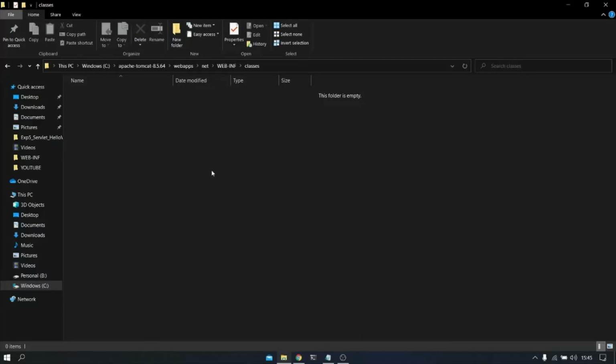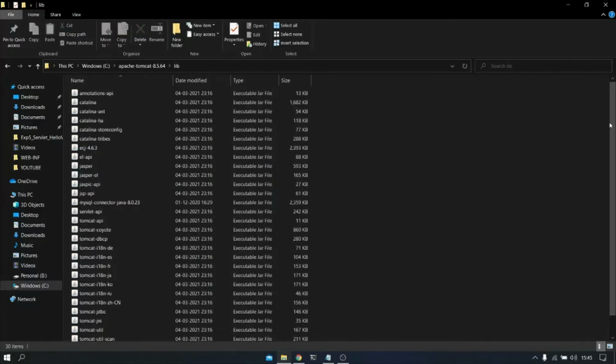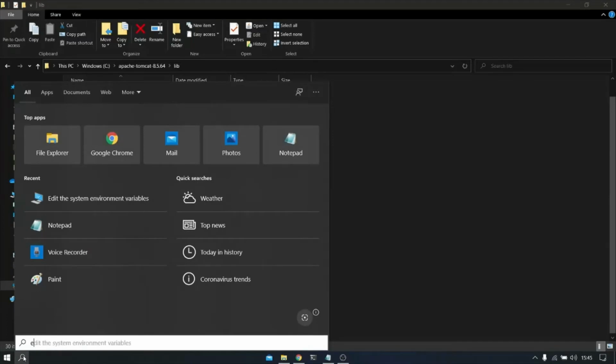The second thing you need to do is set up the path variable for the servlet API. As we have already discussed, Java servlet uses the servlet API to run its programs. Apache Tomcat stores all of its APIs in the lib folder. We'll go right here and you can see here is the servlet API. So to set up and configure the path variable for the servlet API, the process is pretty much the same as how we set up the path for JDK. So you just have to go to environment variable,